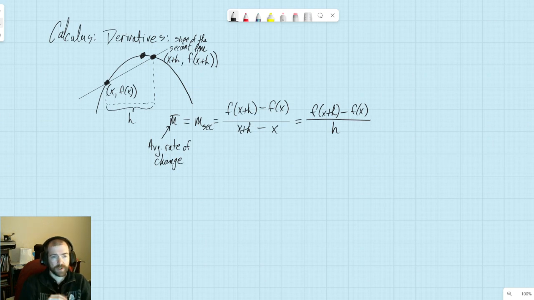So our average rate of change, slope of the secant, is going to be our standard slope calculation for any 2 points on a function. You could just list it as y2 minus y1 divided by x2 minus x1. But this is a much more meaningful way to put it, because now we're anchoring a particular x value, wherever that might be, and then we're saying our h value is going to be some distance that goes beyond it. Now it can also go in the negative direction as well. That's perfectly fine.